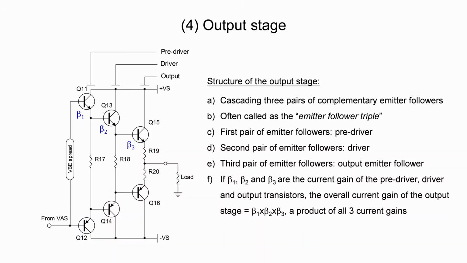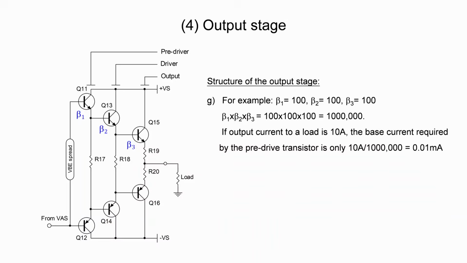However, the emitter follower triple has a colossal current gain, which is a product of all 3 current gains multiplied together. For example, if each transistor has a current gain of 100, the overall current gain becomes 1,000,000. If the load draws a 10A current, the base current required by the pre-drive transistor is only 0.01 milliamps, or